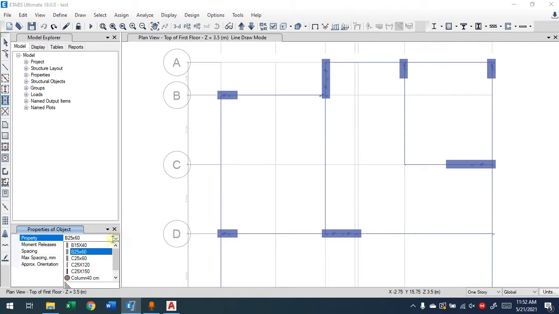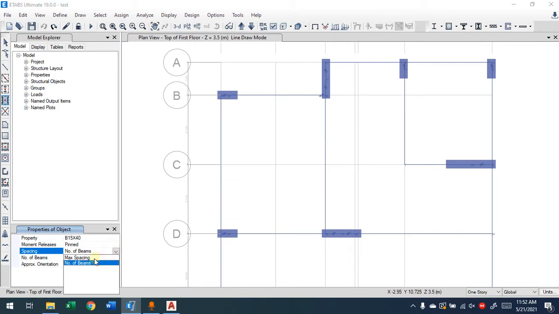Let's say this is the main beam. I have a small section, 1540, that I prepared before. This is the property. The moment release here should be pinned for the secondary beams because they are going to sit on the main beams, so the moment condition will be released. We call the moment condition here pin. Now the other option we're providing here is whether we have the spacing or the number of beams, how many beams you want to provide here,